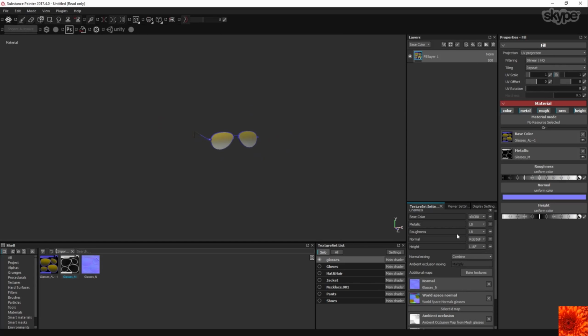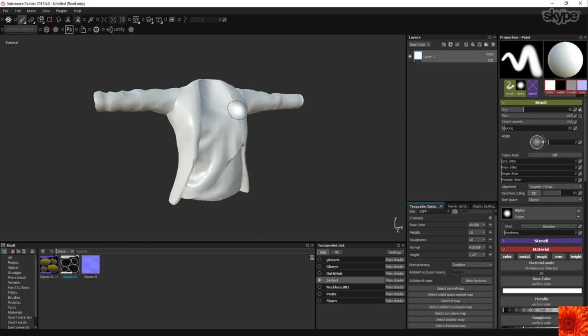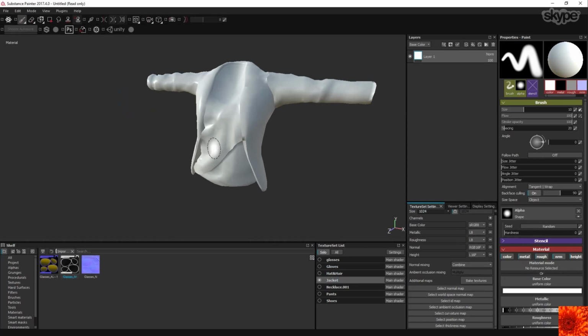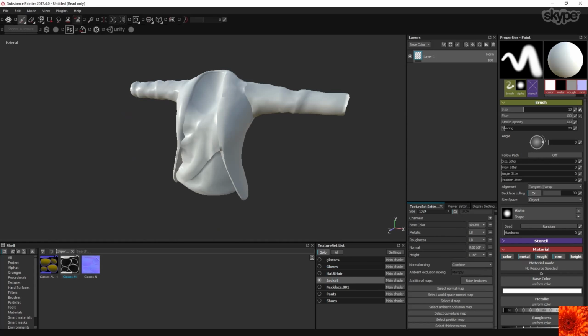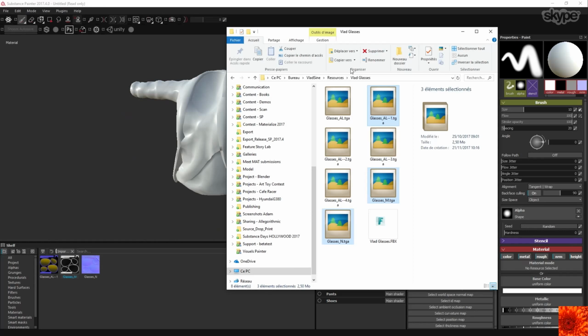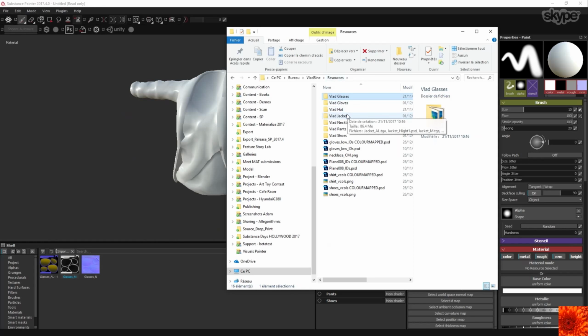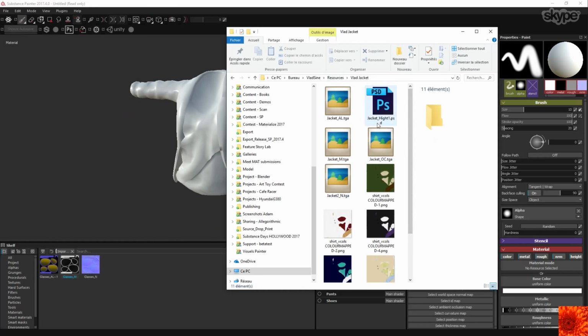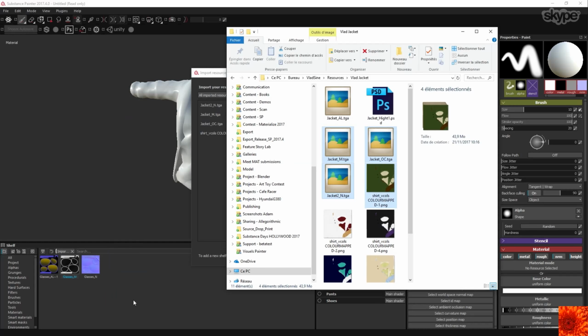I'm going to do the same for another object, let's say a bigger one, like this one, so we can see, because it will be more relevant. So once again, I'm going to the resource, to the jacket, and I'm going to import some of them, like the metallic. I already have the occlusion, so let's take it. The normal map, and maybe I'm going to take a color here. The other ones, I don't necessarily need them. So once again, I import,